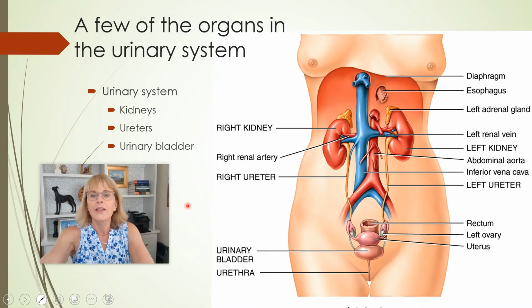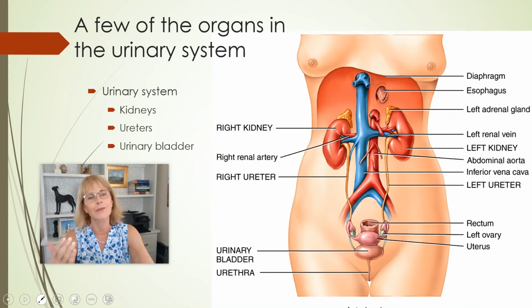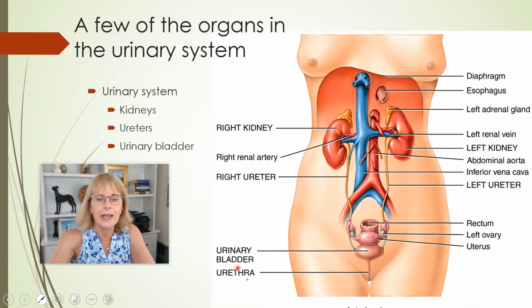For one thing, they went ahead and named kidneys kidneys. And you know they could have come up with a fancier name for it, right? But they didn't. You've got two kidneys, each one about the size of a bar of soap. Left kidney, right kidney. All right? Now your kidneys, they actually make the urine. And once the urine has been made, it goes down a little tube and gets stored in a sac called